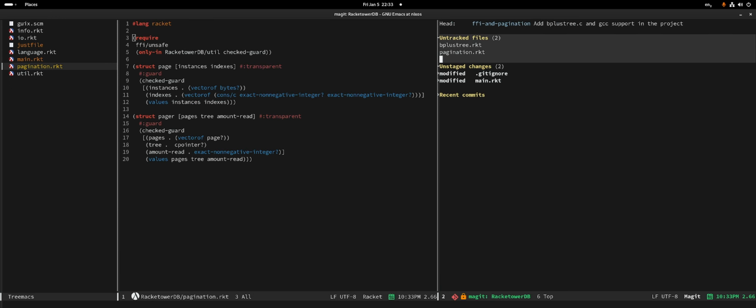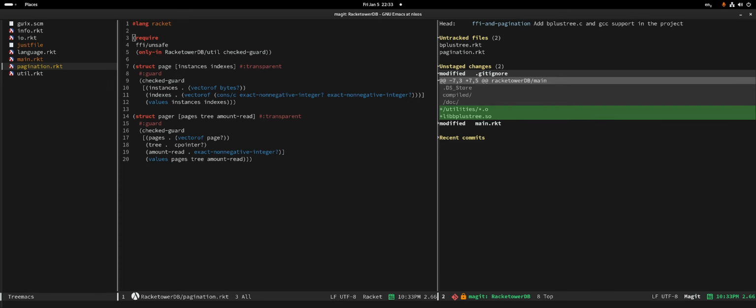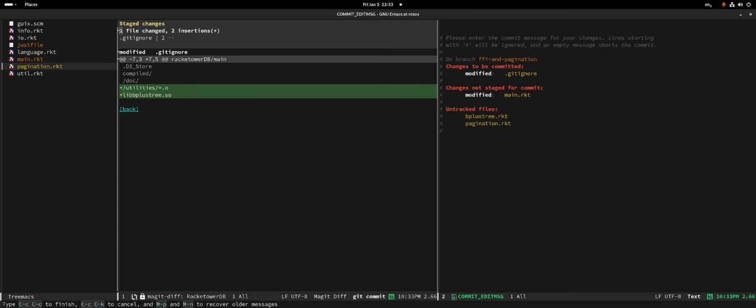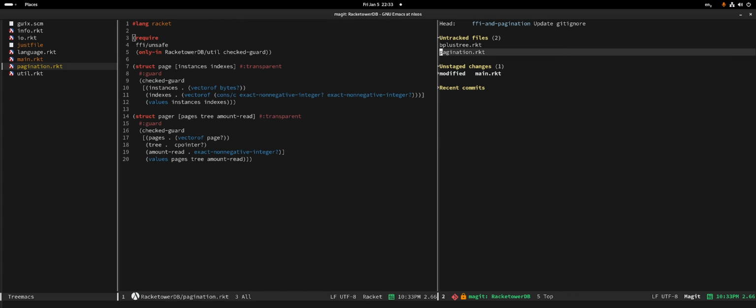Next up, update gitignore. Fun fact, we don't actually need to update the Guix package definition because it's already using the GNU build system, which includes GCC, so we're covered on that. Nice.